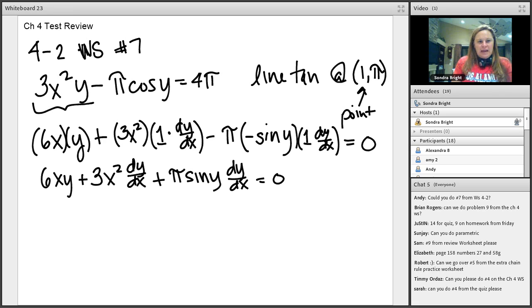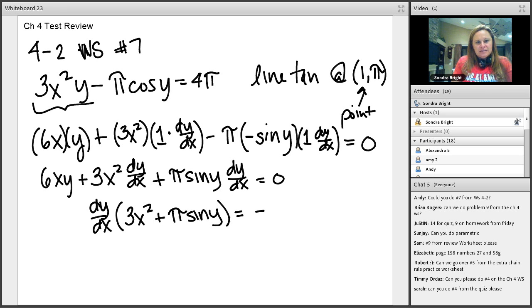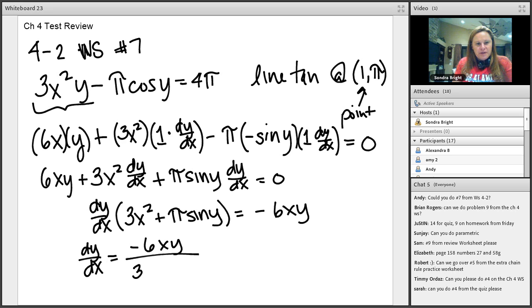You want to get anything without dy/dx in it on the other side of the equal sign, and you want to factor out the dy/dx. So when I factor it out, I'll have 3x squared plus pi times sine of y, and I need to subtract the 6xy from both sides. So then dy/dx is going to be negative 6xy over 3x squared plus pi times